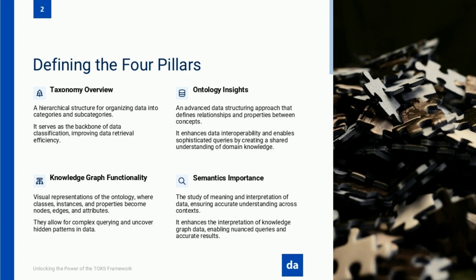For example, a data scientist working on a recommendation system for an e-commerce platform might start by creating a taxonomy of product categories. They would then develop an ontology that defines relationships between products, such as "complementary to" or "substitute for." This ontology could be represented as a knowledge graph, allowing for complex queries like "find all products that complement item X and are frequently bought together with item Y." Throughout this process, semantic analysis ensures that product descriptions and user reviews are accurately interpreted and incorporated into the recommendation